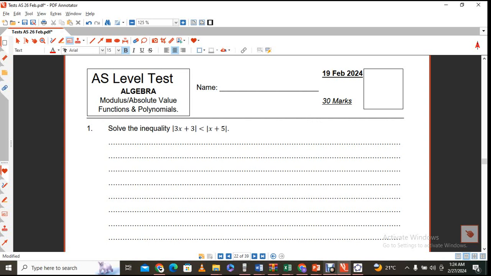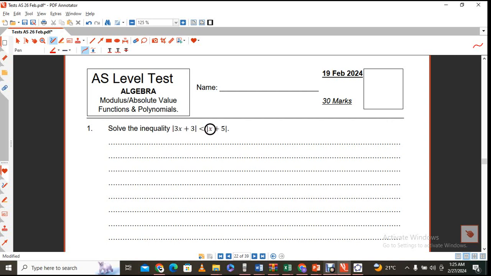Welcome to the third test on AS levels mathematics. This one, I'm doing questions on the modulus or the absolute value functions, with a few polynomials in there as well. Right, so whenever you are solving the absolute value of 3x plus 3 is less than the